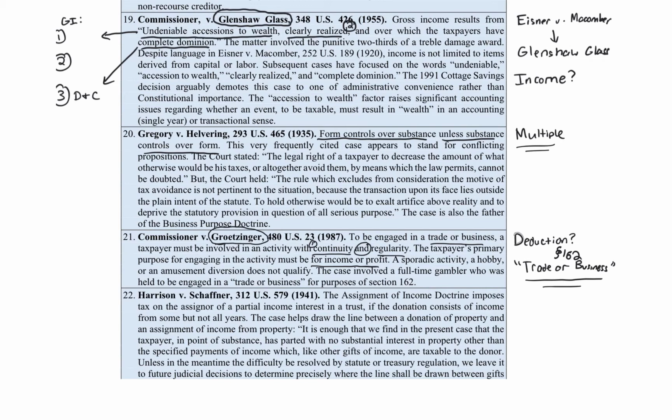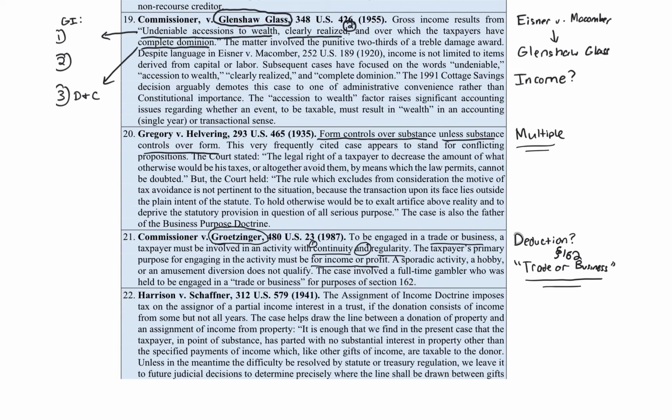They say, okay, well, how actively are you involved in this? What do you have going on? If you're renting out property, renting is a big topic where it's trade or business or not trade or business or investment. If you've got lots of different rentals, more likely you're going to be trade or business. But if you only have one, you can still get trade or business. It just depends on how actively you're involved in it and what exactly you're doing.